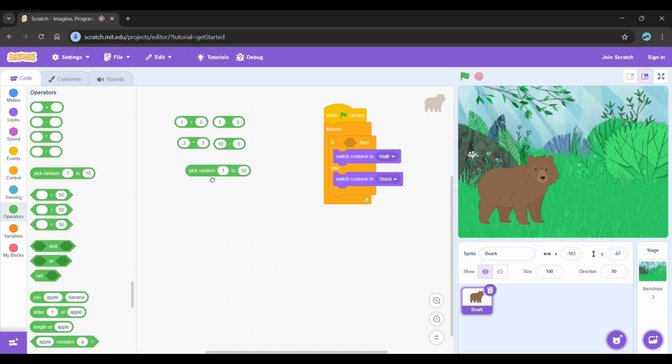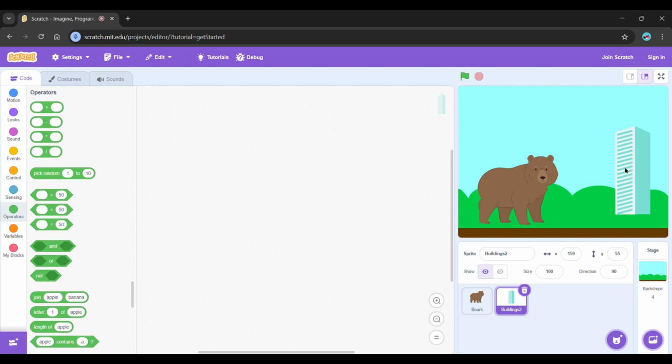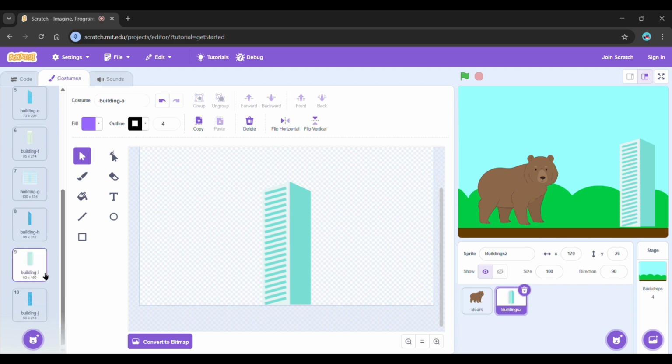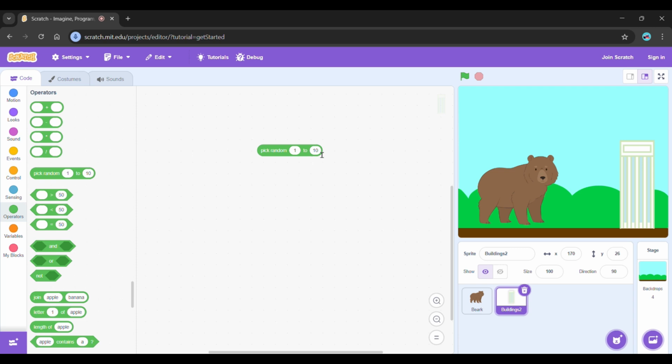So let's try to use some of the operators, the plus and divide signs in here. We have here one building, then let's try to put it in here like this one. Then we'll try to choose different buildings here. As you can see, we have 10 different buildings to choose from. Now let's try to pick a random building from 1 to 10, but we're going to use some of these operators. So let's say 3 plus 2. What's 3 plus 2? 3 plus 2 is 5.